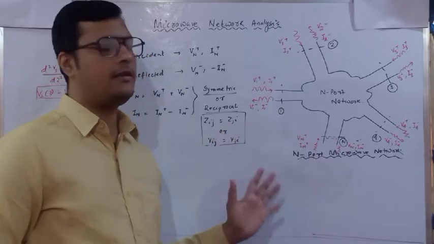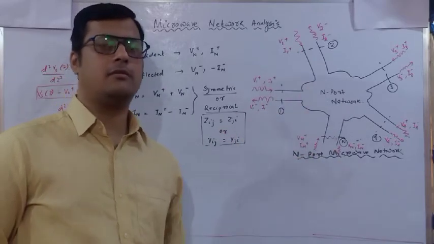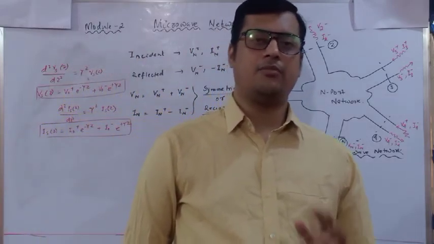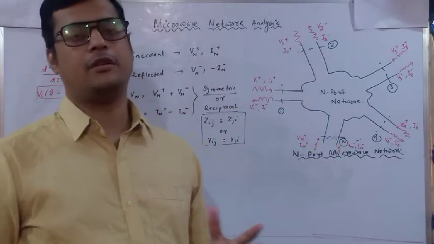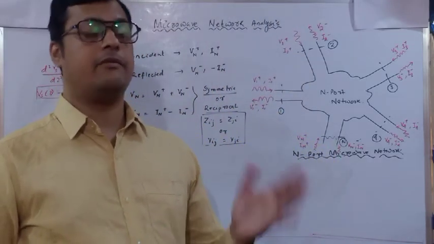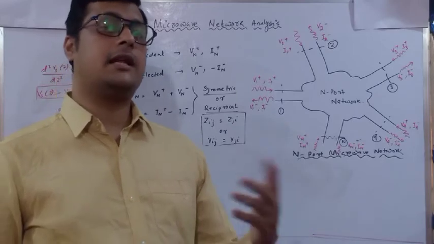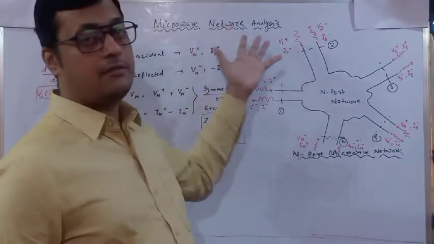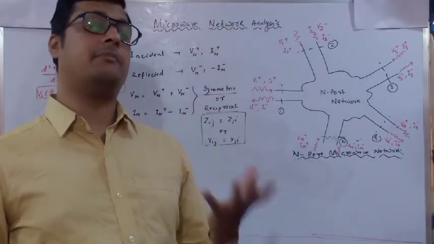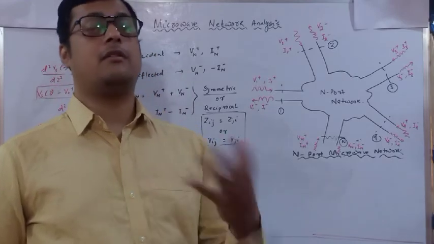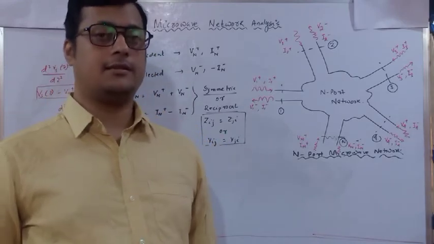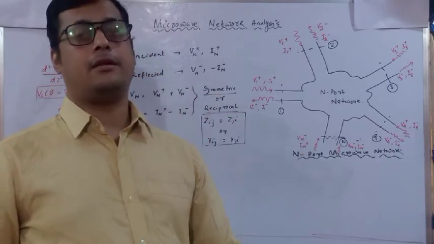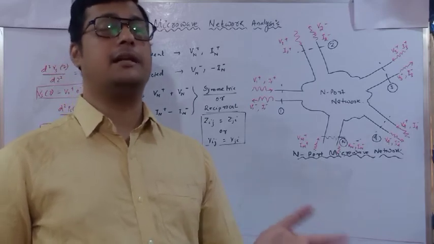So whenever we are going to discuss a network, we always have to remember that the potential and current need to be analyzed. When I am representing potential and current, that means I am discussing the impedance and admittance part. But when I discuss in terms of power, then it is called the scattering parameter. Microwaves use scattering parameters rather than impedance and admittance. Why we go for scattering parameters, I will also discuss. But for the time being, we will see the features of a wave equation and how it can be analyzed with respect to impedance and admittance.